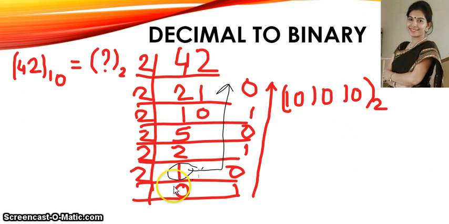If you are bringing the quotient down till 0, then you have to write just the remainders, because 0 at the left side does not have a value, while if you are bringing down the quotient till 1, you have to start writing from here: 1, then 0, then 1, 0, 1, 0, like this. And this is your number. So I hope you have understood this conversion. We have solved more conversions in the exercises part. You can see the examples of conversion which I have explained in the exercise also of this chapter.